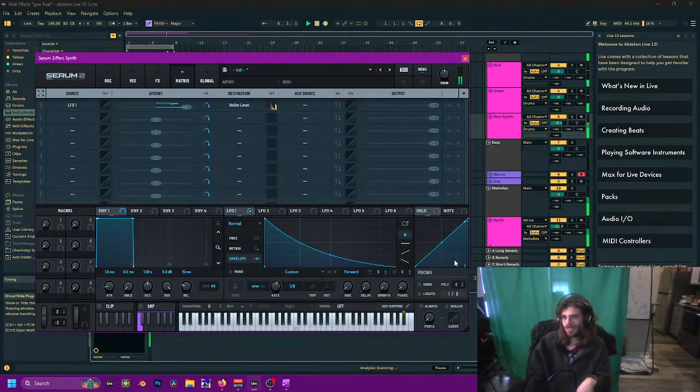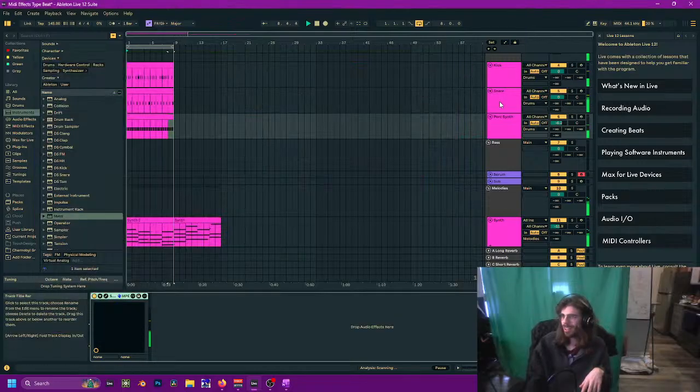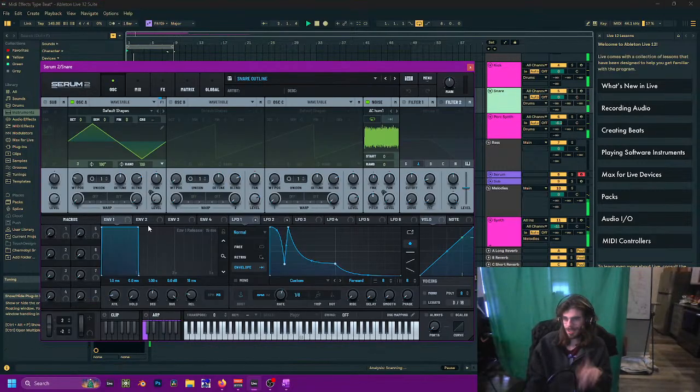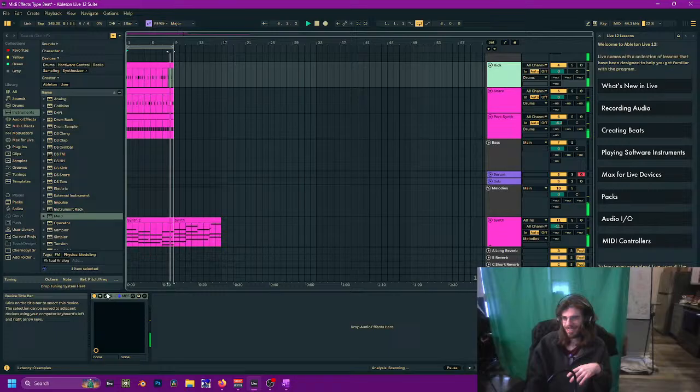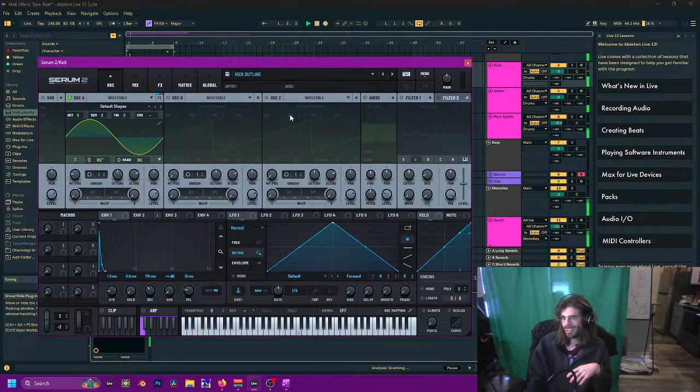But that's because I need to go in here and link this. In fact, I really need to change these presets so that this is actually assigned. I just keep forgetting to do that, so I'm going to quickly